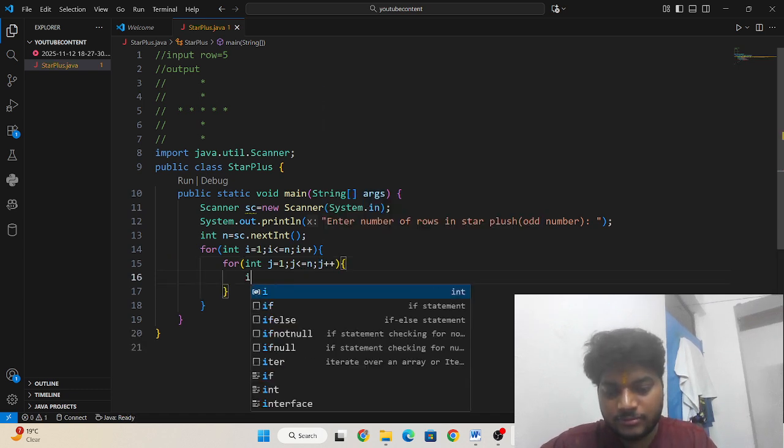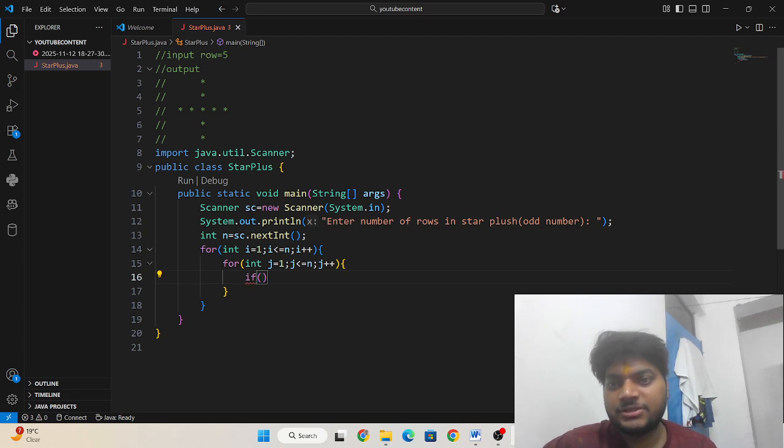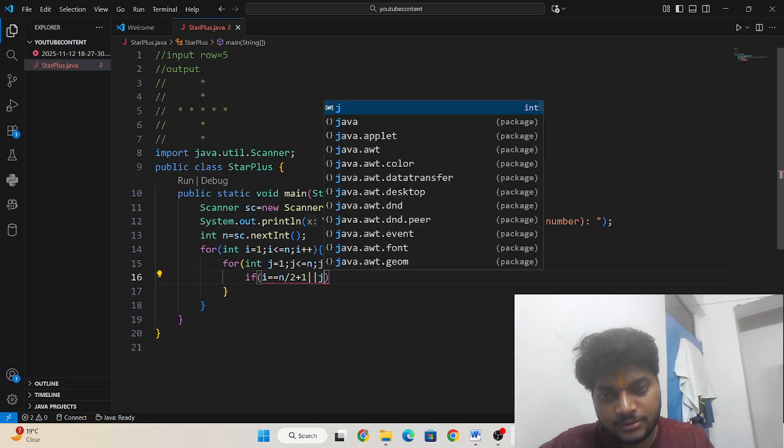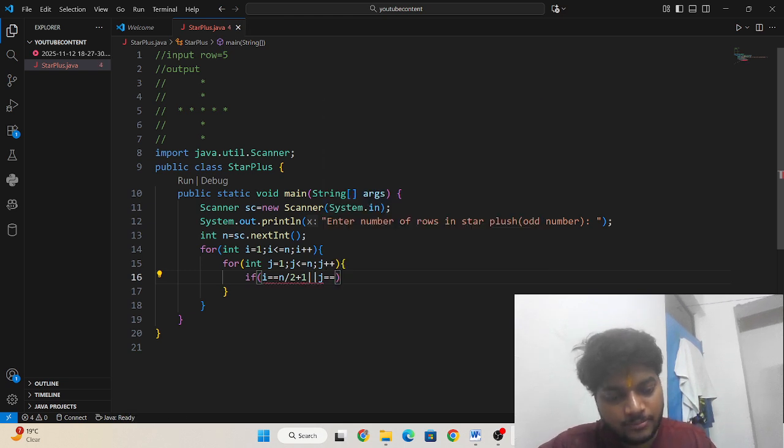Then I write an if condition. You can see the stars are present only in the middle of the row. So if i equals n/2 + 1, or j equals n/2 + 1, then you can